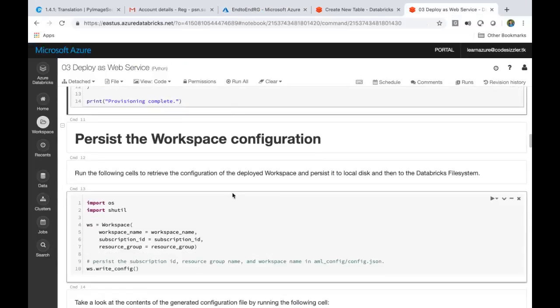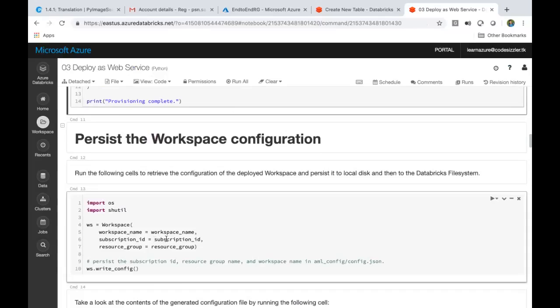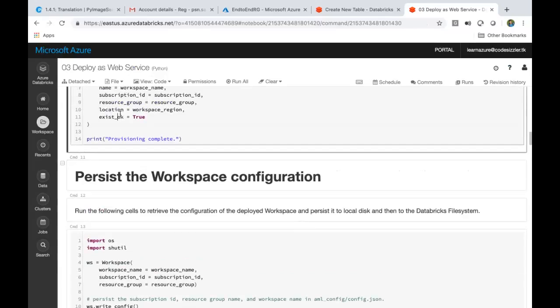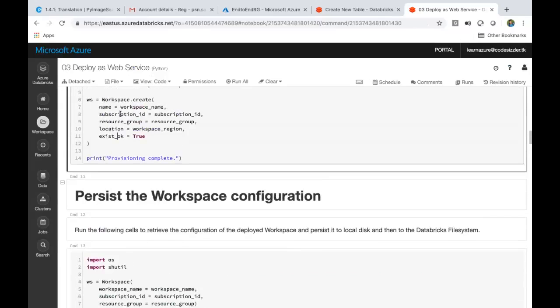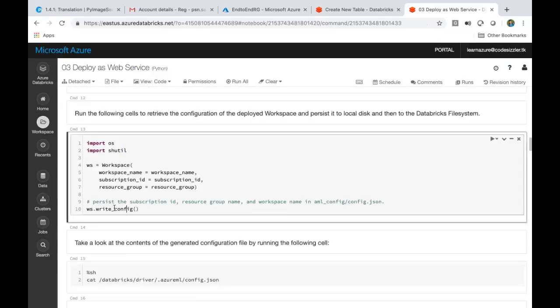So I want to make sure that this particular model is persisted inside my Databricks account so that I can reuse this subscription. I don't want to always go to the Databricks ML workspace to get the requirements, like what is the subscription and what is the resource group. I want to have it in a config file. So I create one file called write-config, that is nothing but a config.json file.